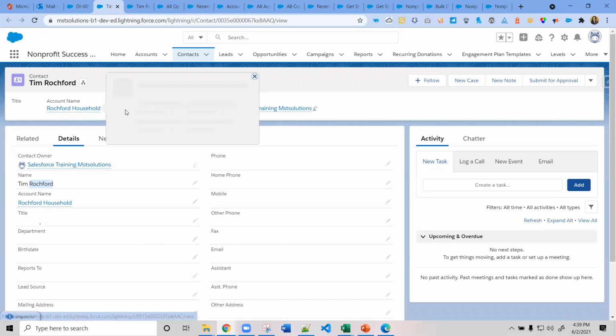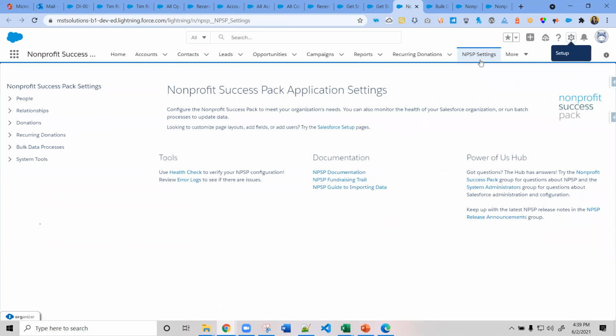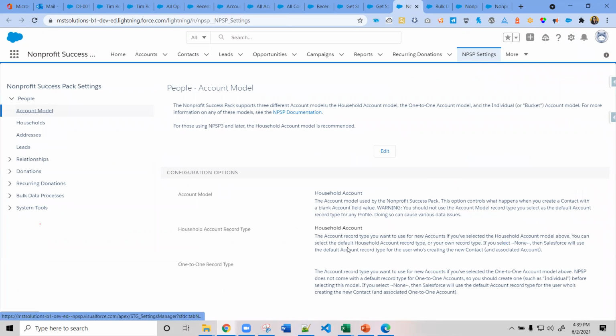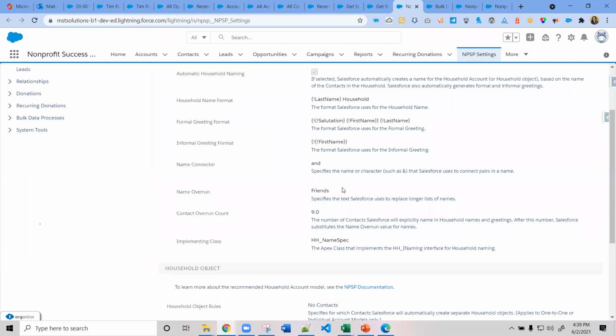If you want to change the default behavior provided by NPSP, here we have the NPSP settings tab. By navigating through this, we have the account model, and we can change the account model, that is, the default account model we need to configure for our business. And in the household settings, we have the household name format, which defines how the name will be.